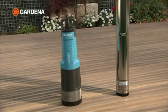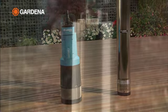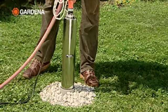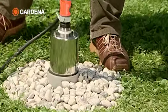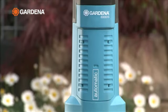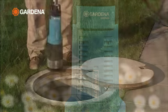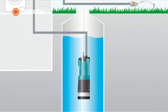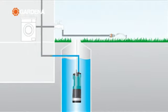GARDENA submersible pressure pumps will pump your water from great depths. Featuring slimline design, they fit even in narrow borehole wells. The new GARDENA 6005 automatic submersible pressure pump not only waters your garden, it even supplies your house automatically with